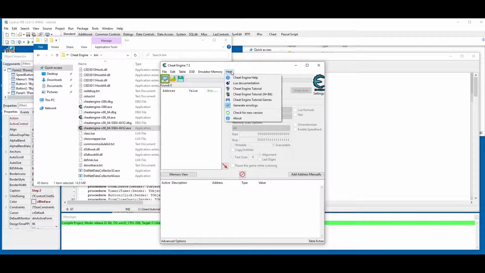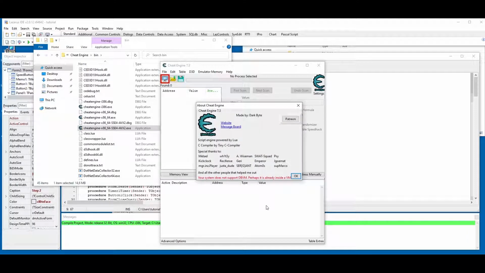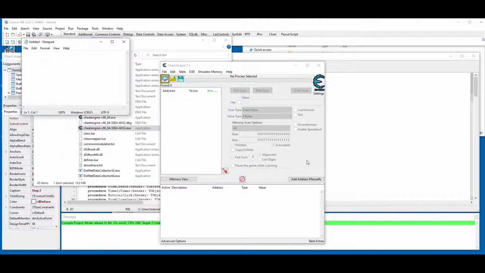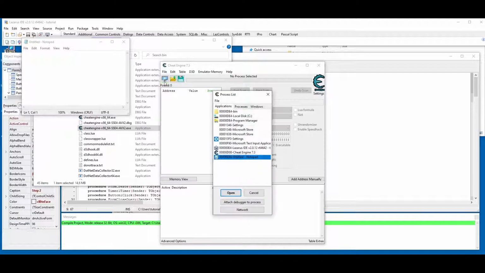We can also have a look in the About menu. Finally, let's try to change a letter in Notepad